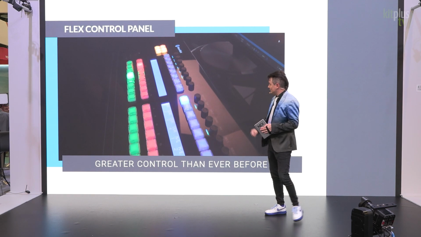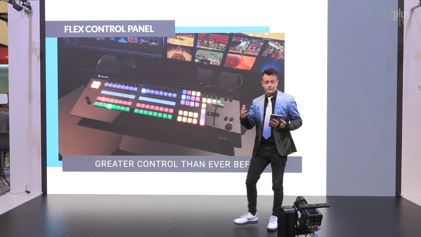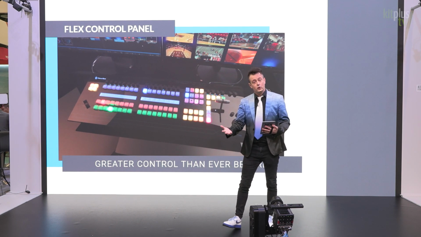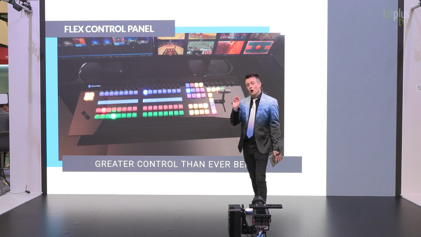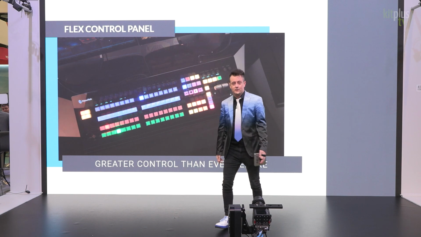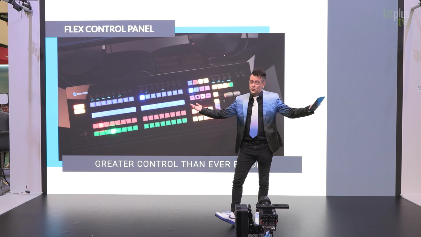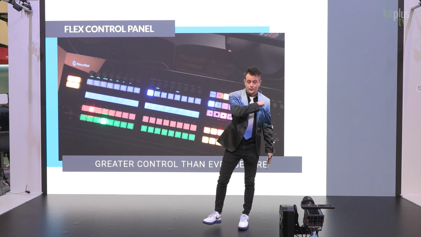Now, the awesome thing about the Flex Control Panel is that it gives video operators direct control over their video and audio sources, also their virtual and PTZ camera positionings, and it has audio hardware inputs and outputs built directly onto the system. And all you have to do to connect it to your TriCaster is plug it into the same network as your TriCaster, and you are off and running.